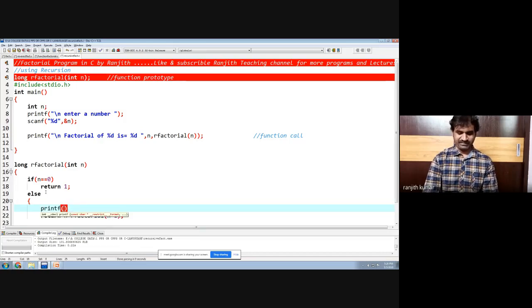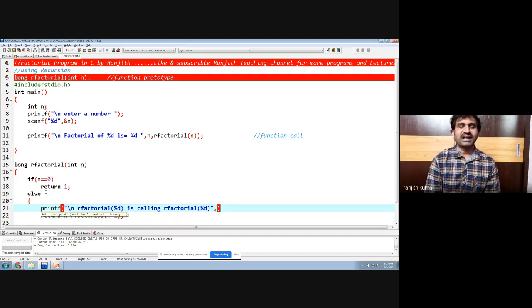So printf: rfactorial of percent d is calling rfactorial of percent d, which will be calculated as n comma n minus 1.